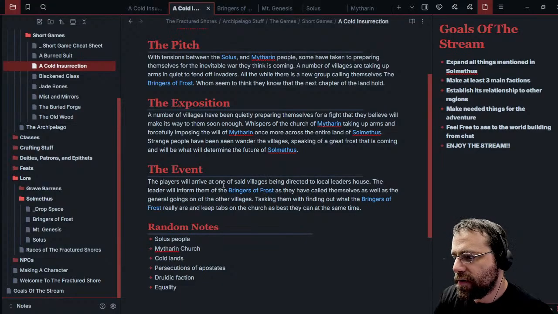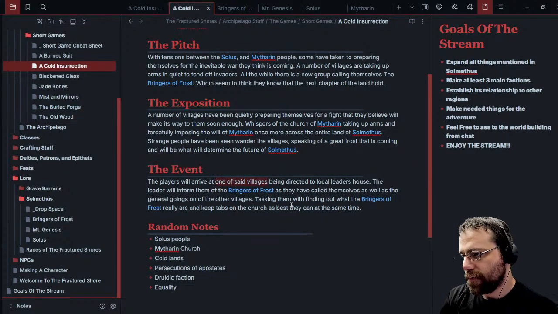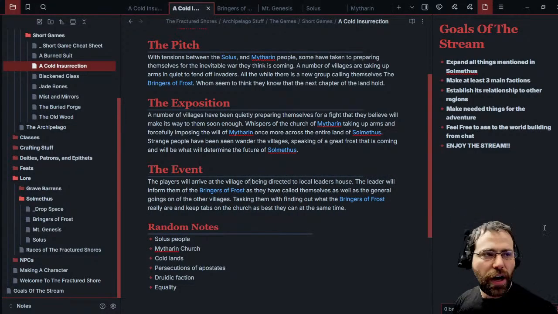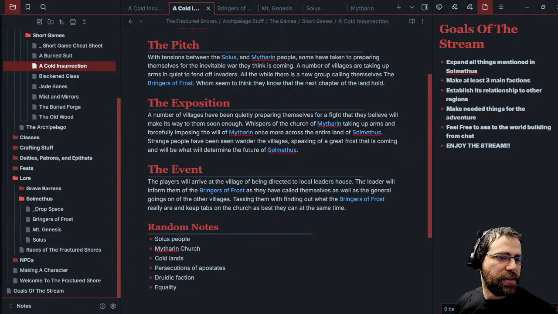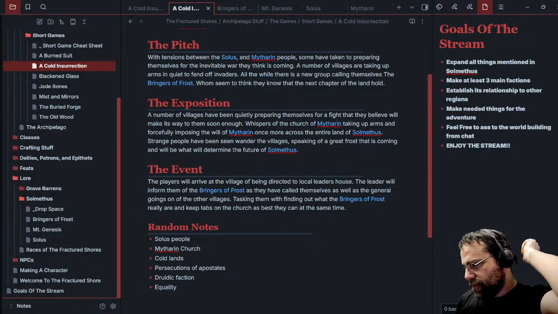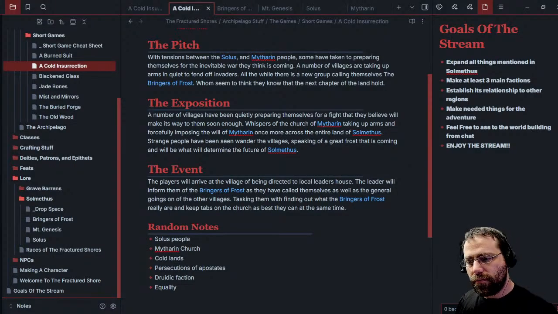Arrive at one of said villages. Alright, village of. And the thing is that this is important because I need to have names for things rather than just... They don't know the local leader's name, which is fine. They don't need that right now. But